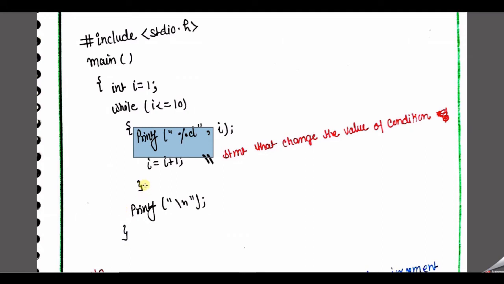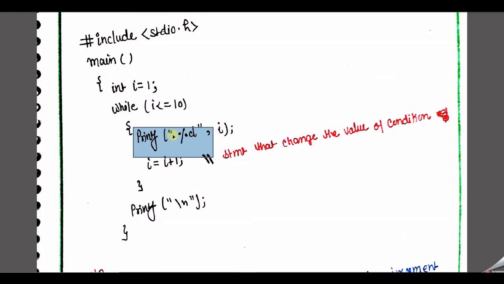So what is the meaning of after the loop? That means the next statement after the closing curly brace of the loop. So the while loop starts from this open brace and the limit of the while loop is till this closed brace. After the closed brace, we have to go through the next statements. According to the next statement, we just print a new line only. Okay, so this is our program to print the numbers from 1 to 10.